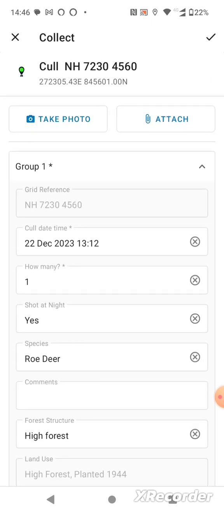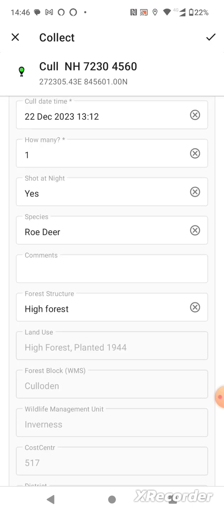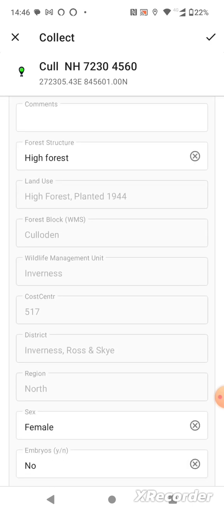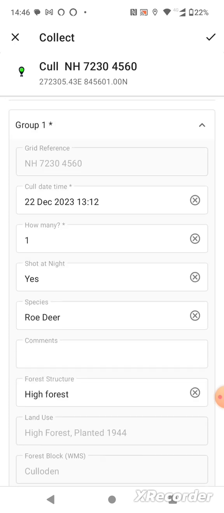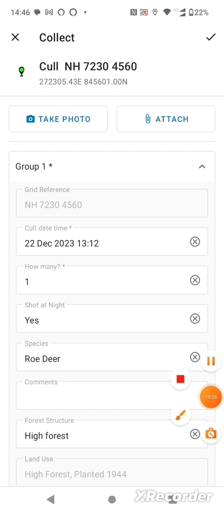So yeah, the information you really want to be adding is, if it's always the same species, you wouldn't even bother adding the species at that point. But the key information is really how many and the time. So now that that's been changed, I've added that additional information, I can submit it using the submit button, which I'll keep highlighting